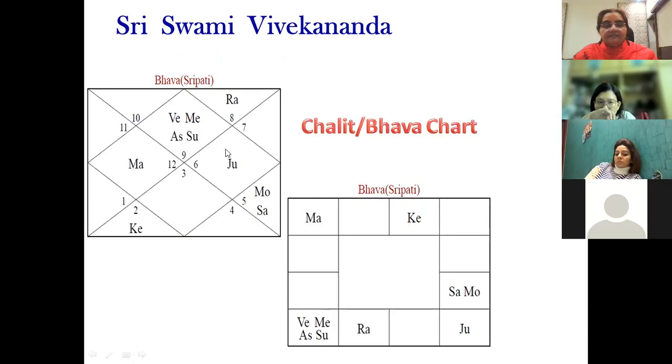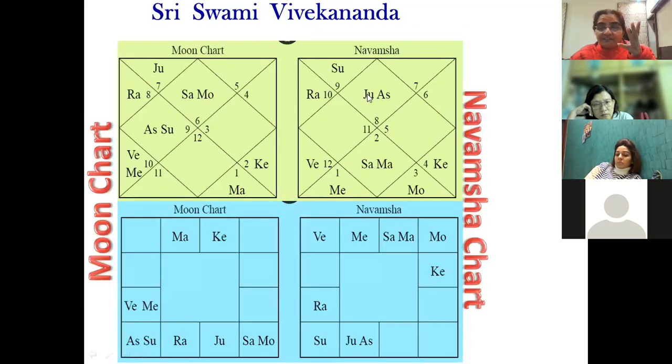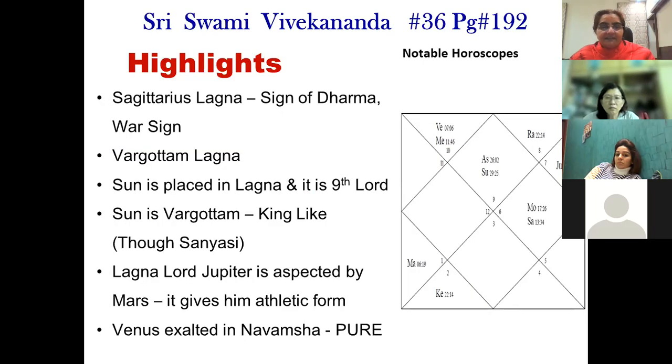Okay, the main chart, not the Chalit chart. So it's not so easy. The 8th aspect. Sometimes B V Raman is taking this chart, and sometimes he is considering the Chalit chart. Now we have 4 charts to consider: the Rashi chart, then the Moon chart, then the Navamsha chart, and then the Chalit chart. This way, if you analyze a horoscope, it will take time, but you will have some idea.